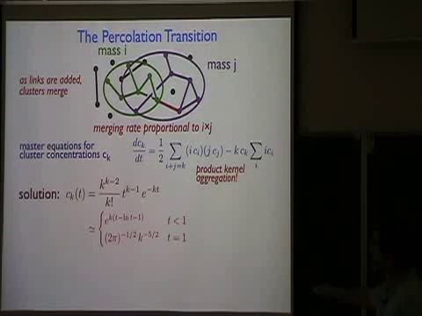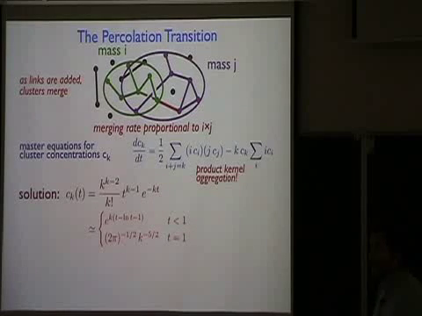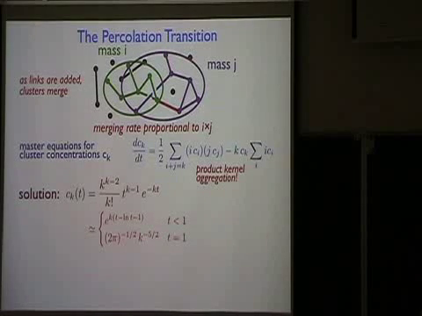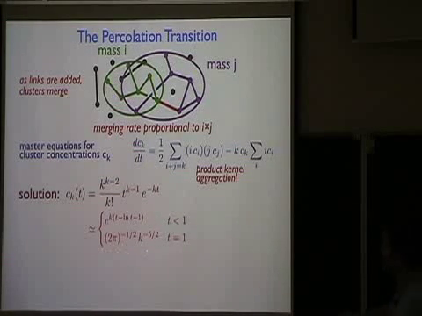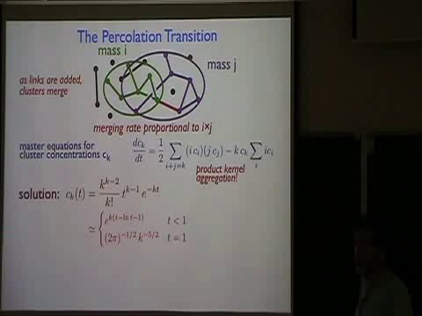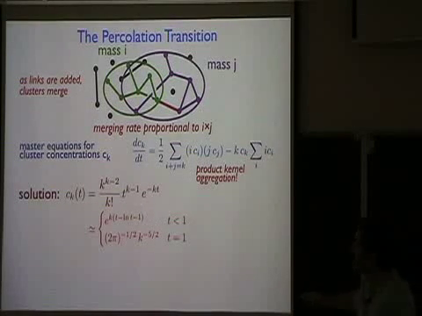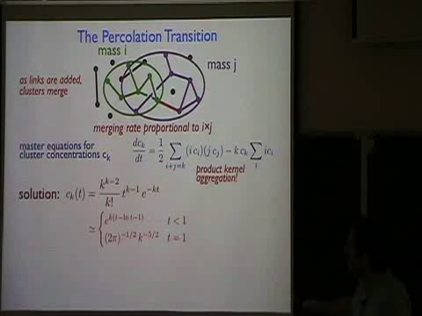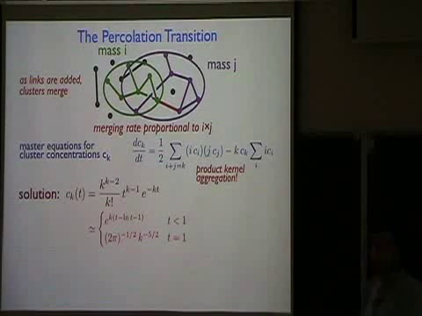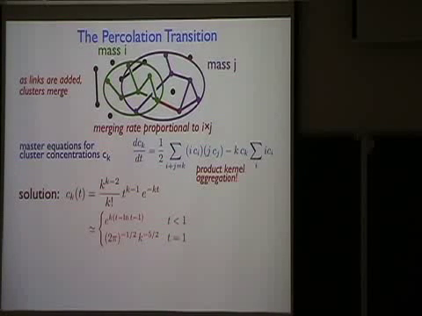And for t less than 1, there's an exponentially decaying distribution, which means that your largest clusters in a finite network of n total sites will be of the order of log n in size. Whereas at the percolation transition for a finite network, the largest cluster will be of the order of n to the 2/3 in size. And an exercise for the students: I've just now pulled something over your eyes that said the largest cluster was of order log n over here and order n to the 2/3. How do you derive that? I leave that as an exercise for the student.